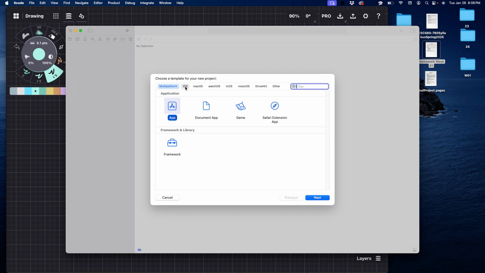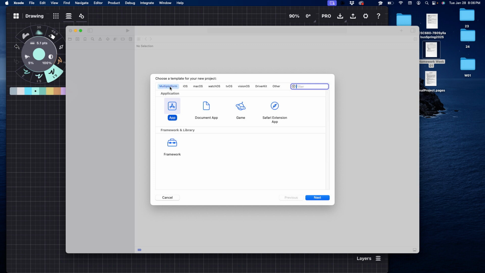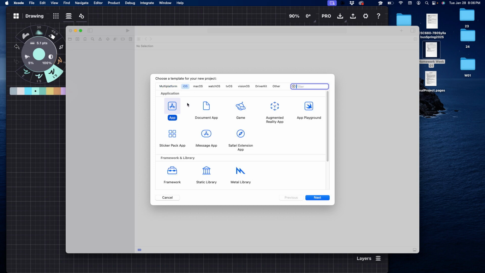If you choose iOS, you will be able to pick between SwiftUI and UIKit. If you pick multi-platform, your project will be in SwiftUI. So for the first couple of lectures, I'll pick iOS here,